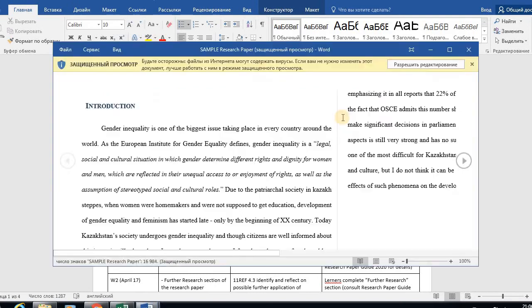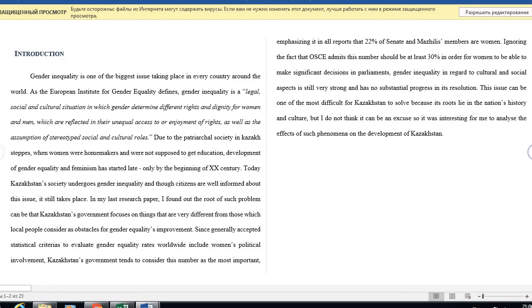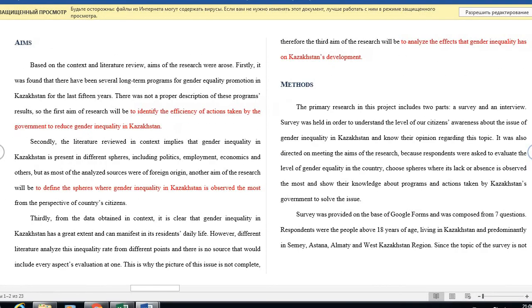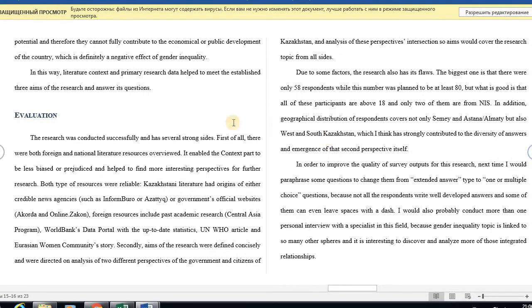Evaluation section. Let's have a quick look at the sample paper which I gave you a couple of months ago, well, 1 month ago, and we discussed it. You remember the topic, the main theme of this research, which was gender inequality in Kazakhstan. You all remember it. So the evaluation section focuses on